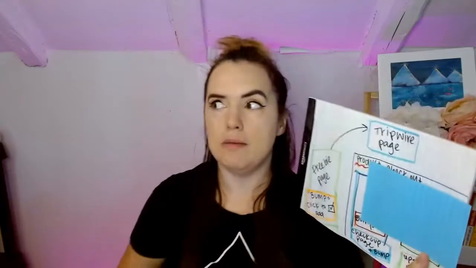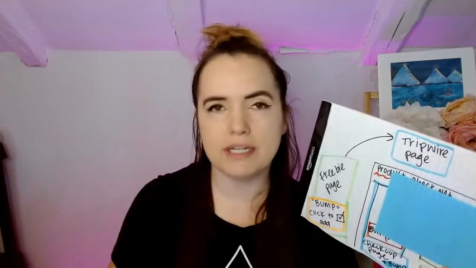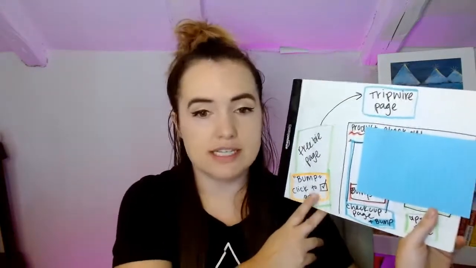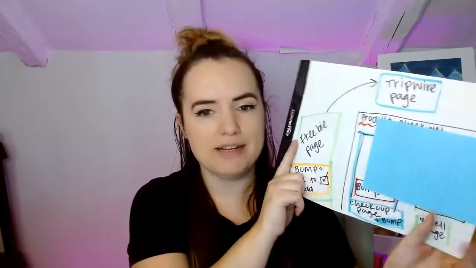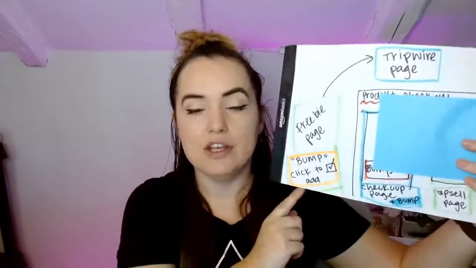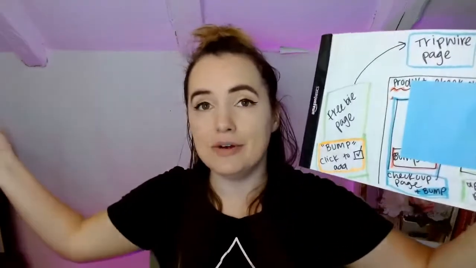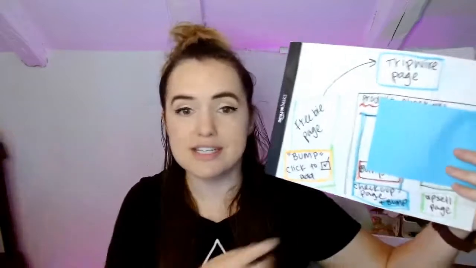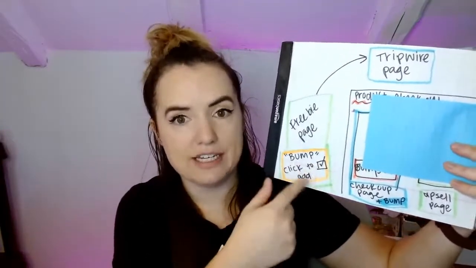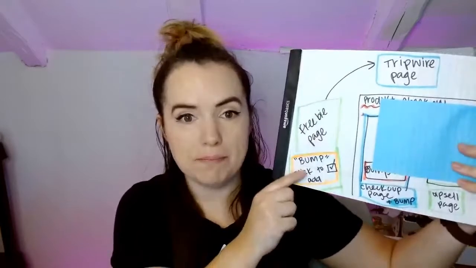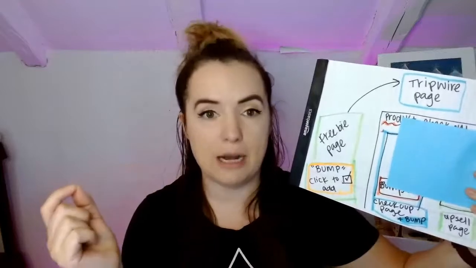Now, in ThriveCart, this is called a bump. On the freebie page, you would see a little box down here that says, do you want to add this $997 product for $9 to your order? And all you have to do is click the check box and it'll add it to your order. This is a bump. It is not on a different page. It is on the freebie page. It is a completely optional